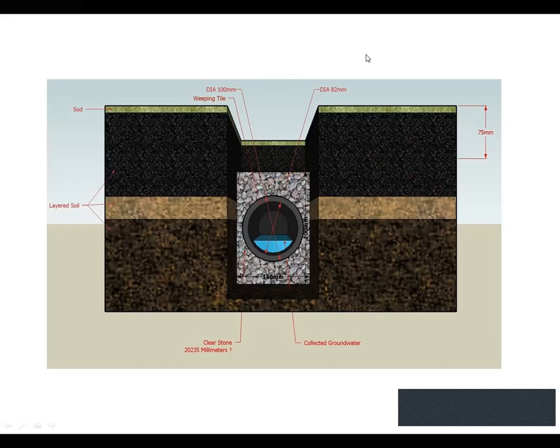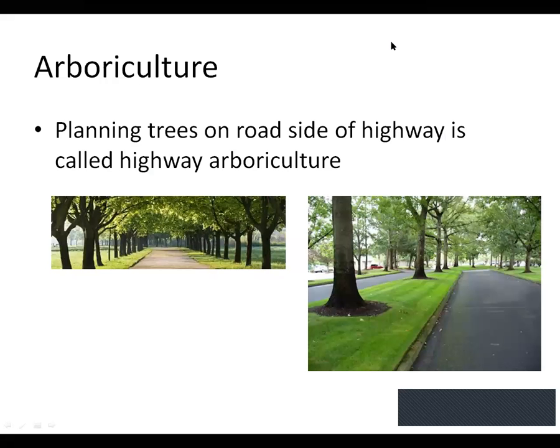So we are done with the highway drainage system. Our next topic is arboriculture. So what is meant by arboriculture? It is the planting of trees beside the road surface for different uses and functions, and it is known as arboriculture. Arboriculture is a very old method to prevent many